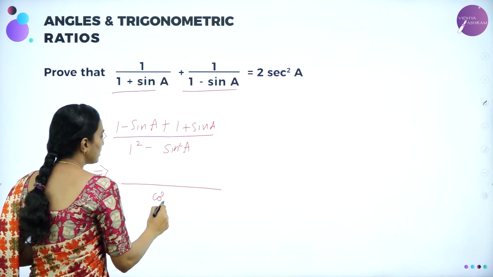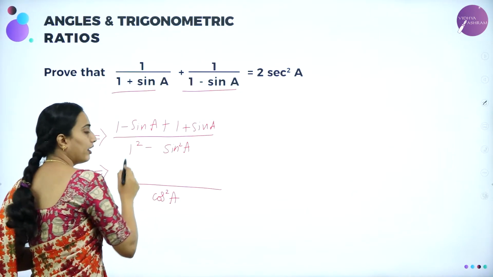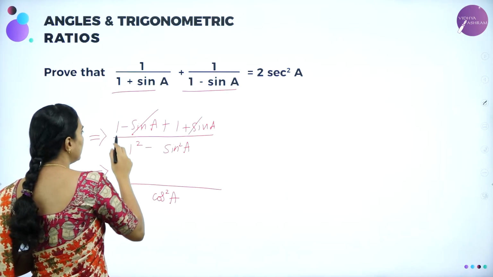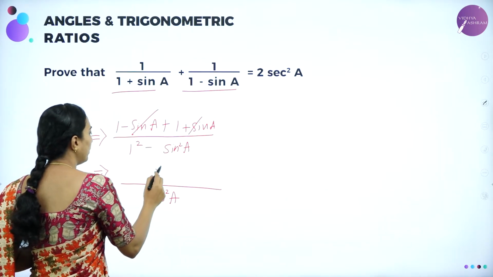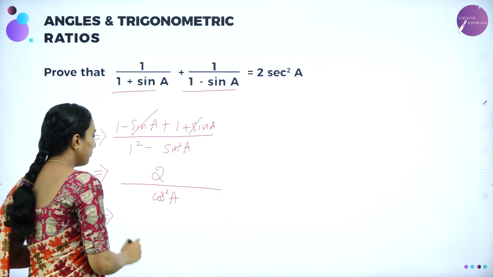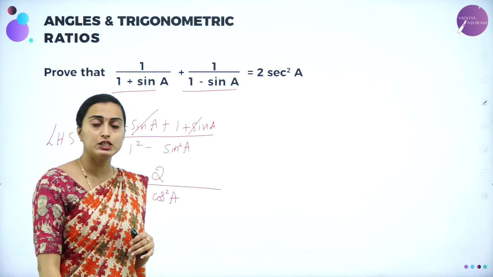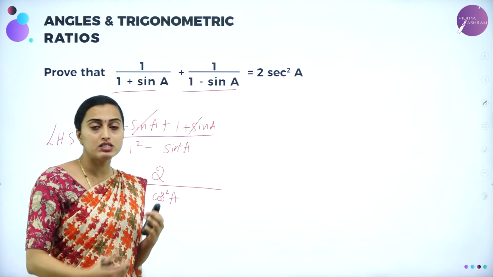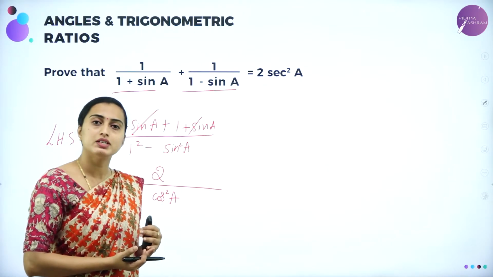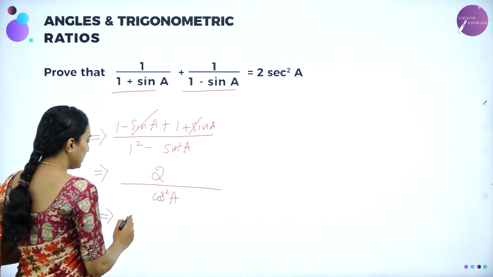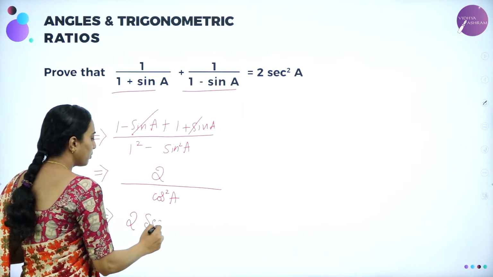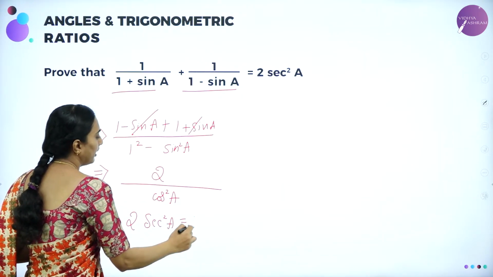which implies 1 minus sin squared A is nothing but cos squared A, because 1 squared is nothing but 1. Now, in the numerator, minus sin A plus sin A will get cancelled. You are going to have 1 plus 1, which will be equal to 2. But what is 2 into 1 by cos squared A? 1 by cos squared A is nothing but the reciprocal of cos, which is secant. Since you have cos squared A, the reciprocal of cos squared A will become secant squared A. So, 2 as it is, I am going to keep it. 1 divided by cos squared A is nothing but secant squared A, which is your right hand side.